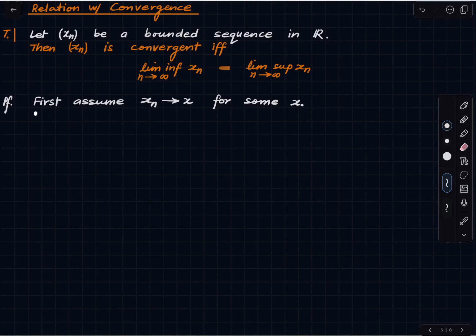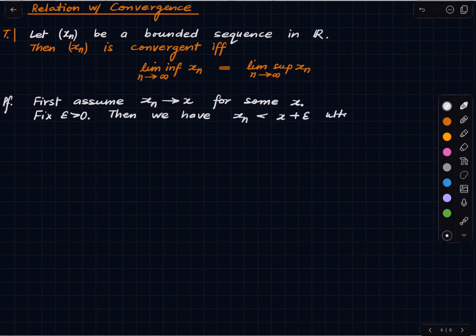So fix an epsilon greater than 0. Then this implies in particular that xn is less than x plus epsilon ultimately. Right? Which implies